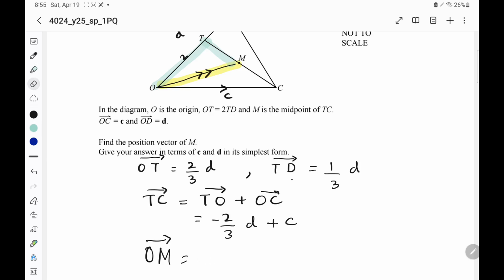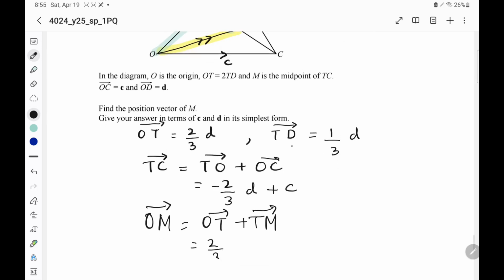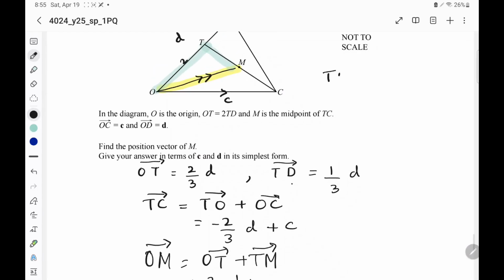OT plus TM, and we know that OT is 2 over 3D, and TM is the half of TC, so TM is equals to the half of TC, and TC we have found, that is half of minus 2 over 3D